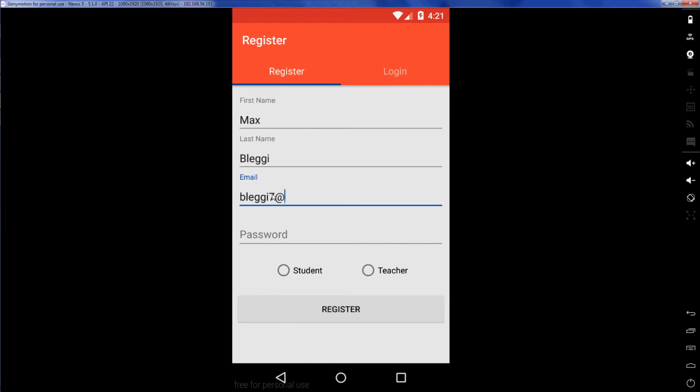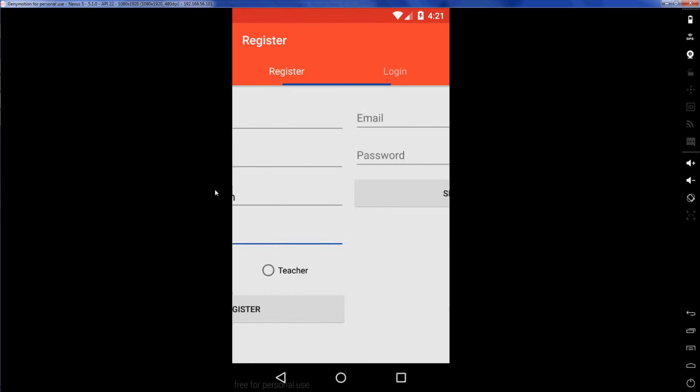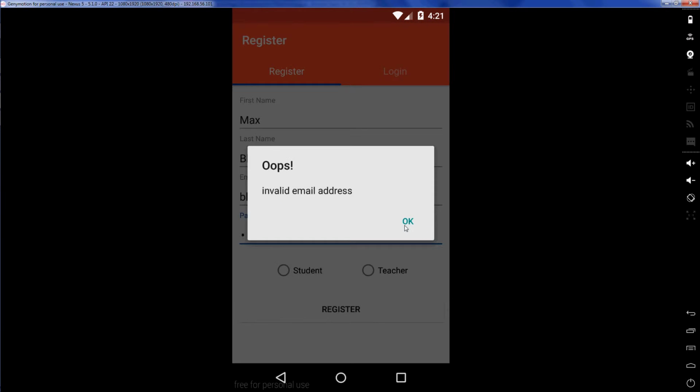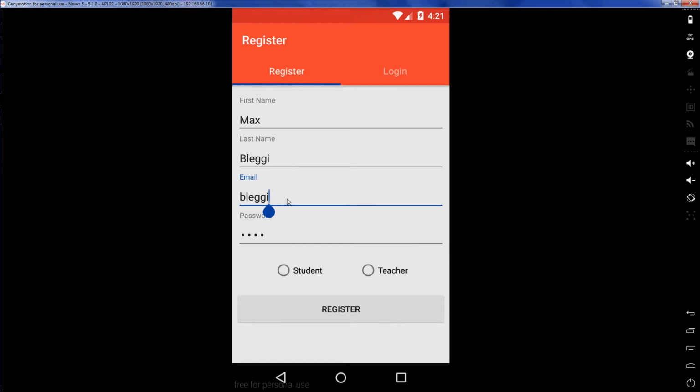And you need a legitimate email address, although I'm not going to send users emails to log in fully, but you will need an email address to make an account. You can't just have something like Bludgy right there, and then I just put test for password. It won't work. Invalid email address. So if I just have this, which is my email address real quick,